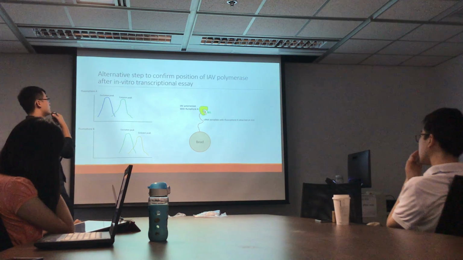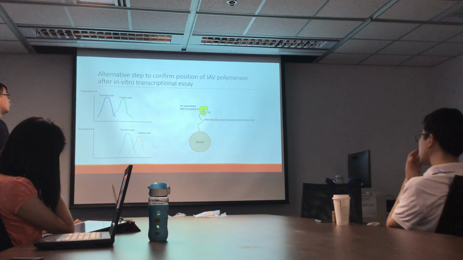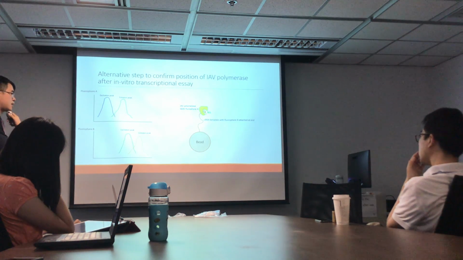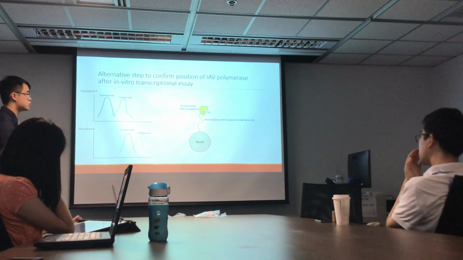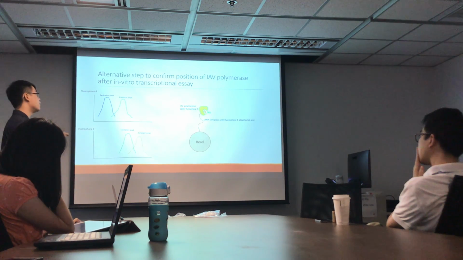So after we do an in vitro transcriptional assay, sometimes we see a band at certain sites, but we're not sure if it's really the thing that we want. So we can use flow cytometry to confirm. So for example, if the influenza A polymerase with fluorophore A does